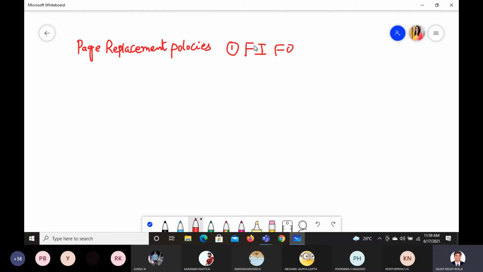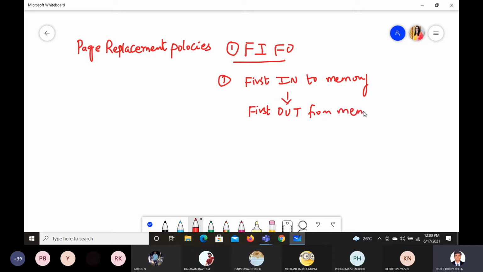So whichever is in first, the first point you should understand in this FIFO is: first in to memory, so it will be leading to first out. This was the fundamental concept we need to understand, as the name itself suggests: first in and first out.